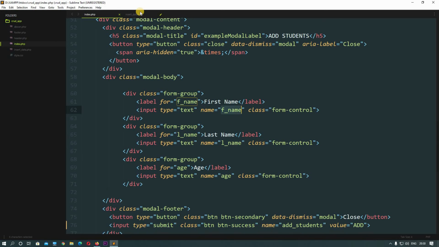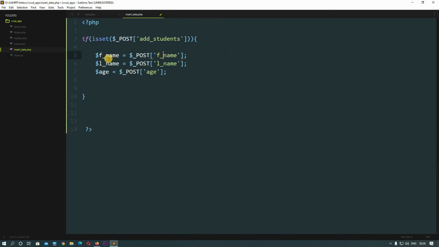But the variable I'm creating on the left hand side, you can name it anything. I am just naming it the same, but you can name anything. You can also remove the underscore from in between here if you want. Okay, so we have 3 variables ready.